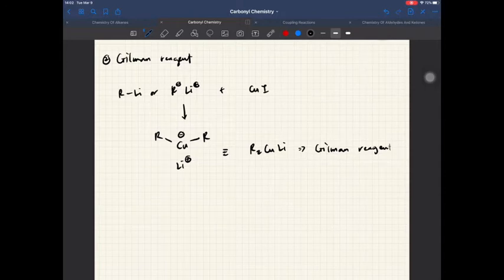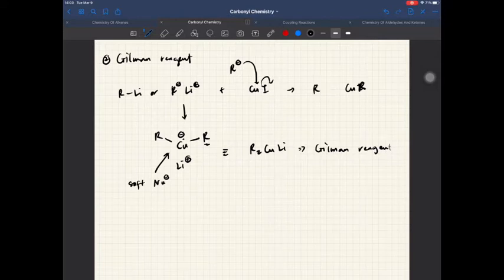Okay, the Gilman reagent is what we call a soft nucleophile, for the reason that this copper ion only becomes nucleophilic because of an extra alkyl group bonded to it. So what happened in this reaction is that we have an alkyl group replacing the iodide first, and copper here has a zero overall charge, but then copper